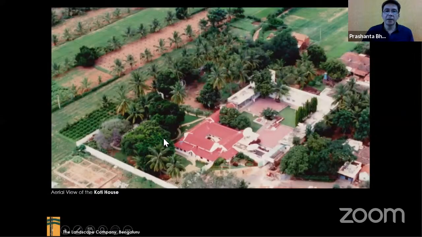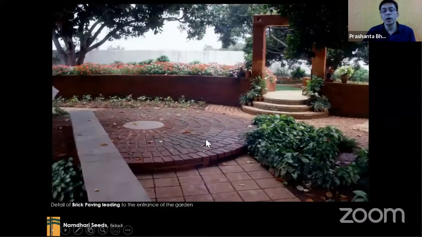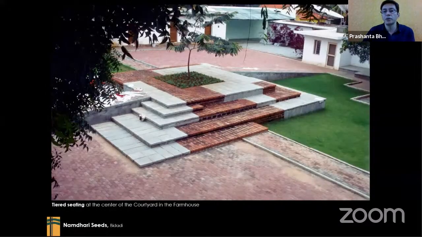This is another part of the campus, which they call the Koti house. These are their seeds again. We made these planters here. But what I want to emphasize is how we again started using mud plastering and local materials of granite, brick and stone that fit into the landscape. We didn't want to do a very corporate-looking campus here because it was in Bidadi, so far away from the city and from an airport. When people come, we wanted them to get the local flavor of what that space is like.